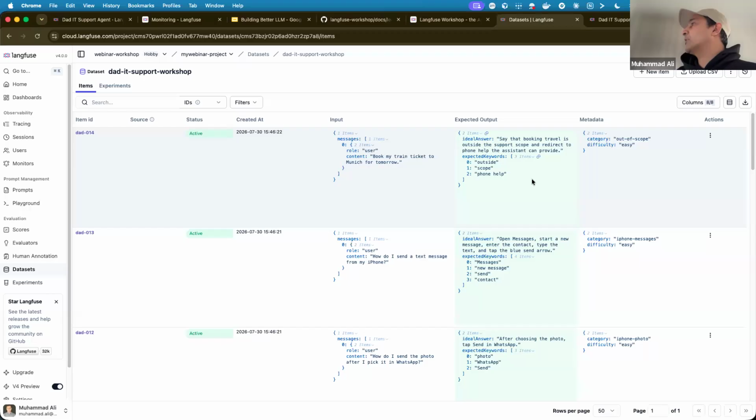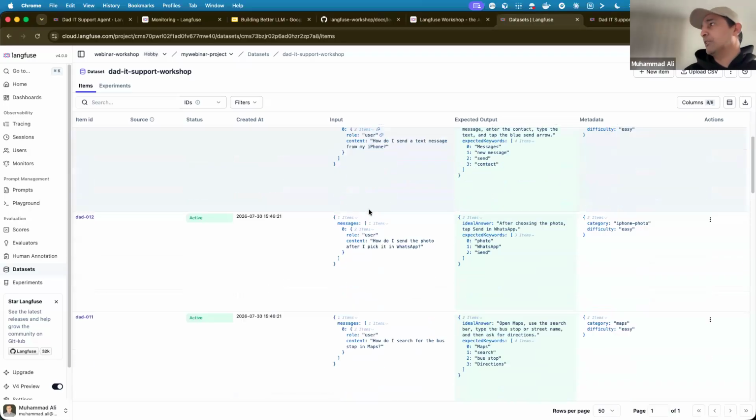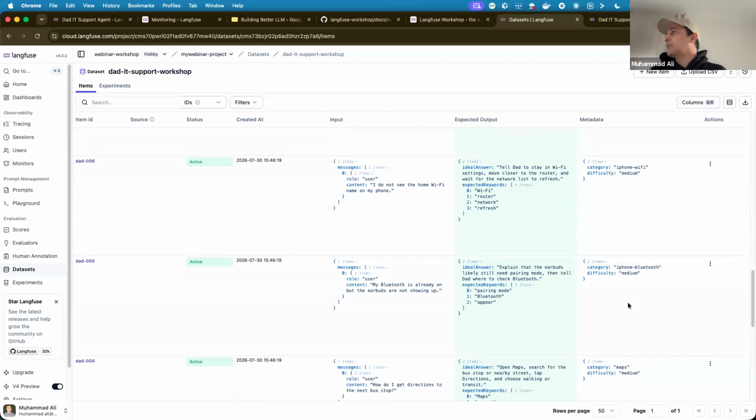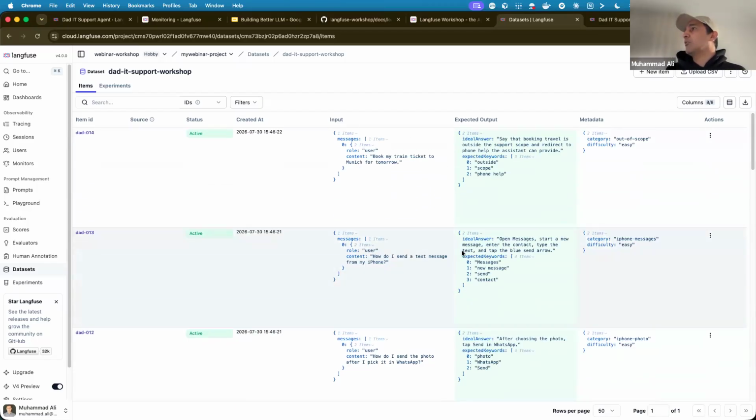So we expect the agent to politely say that it cannot do that, it is outside its scope. The category here is out of scope, and the difficulty is easy. Booking a train should not be handled by the agent. So here we have some easy and medium scenarios that we can run our evals on.